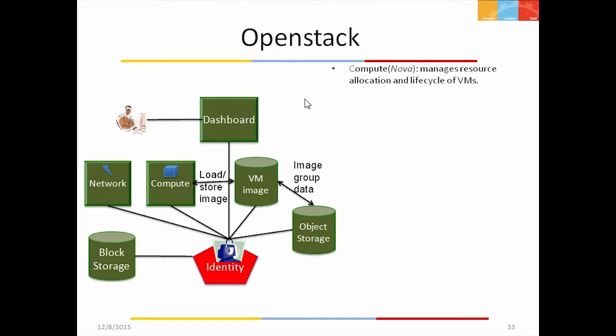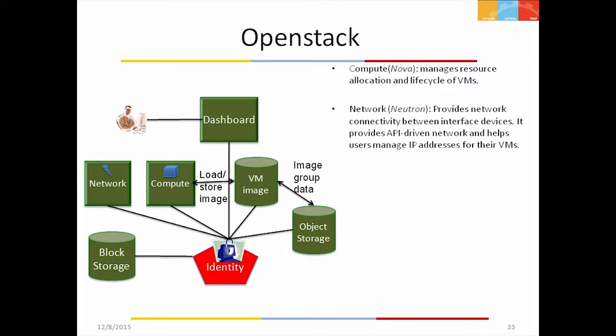The compute module, called Nova, manages the resource allocation and life cycle of different virtual machines. The network module, called Neutron, provides network connectivity between different devices, different VMs. It basically provides API-driven networking, and it also helps in managing the IP addresses for the VMs. So for each VM, the private IPs that are created, Neutron essentially decides the IP addresses,